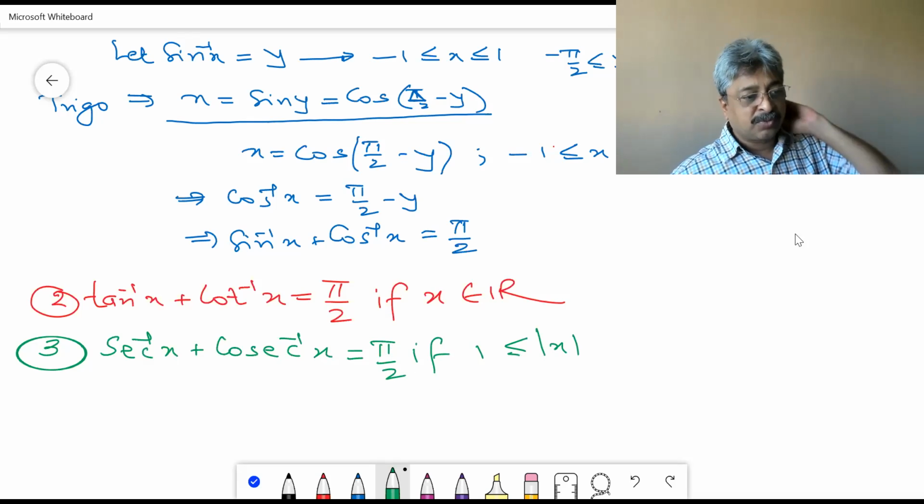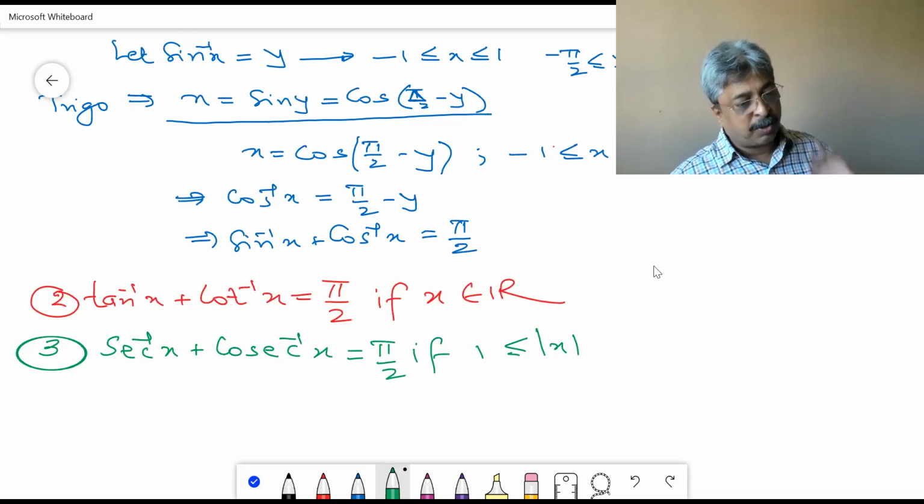Now let me just finish explaining this first problem geometrically also. You have to look at the board. Suppose